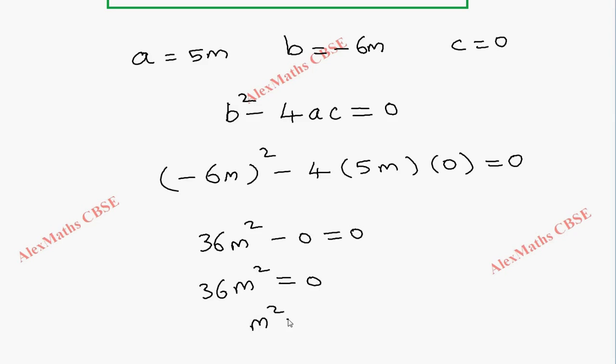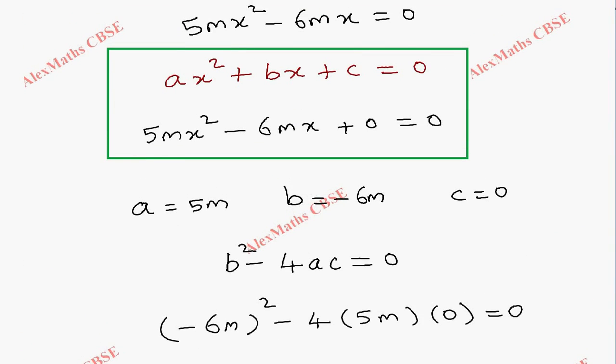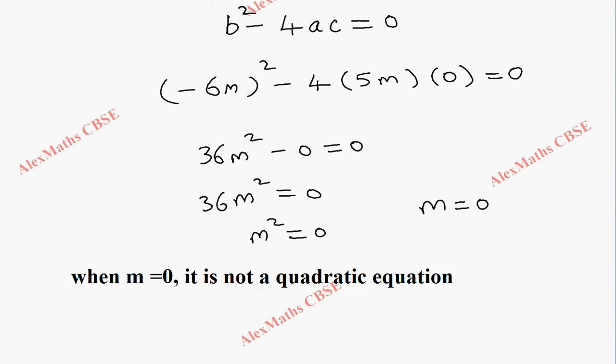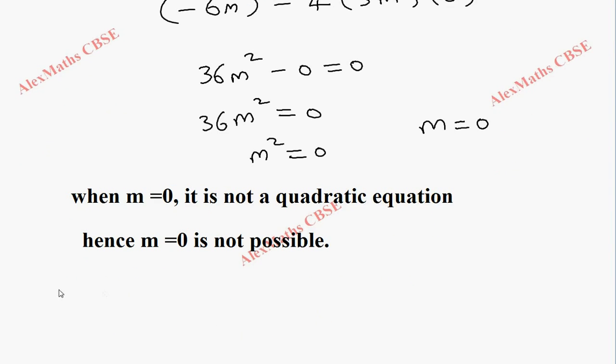It means m square is equal to 0 and value of m equal to 0. Actually, when m is 0, then we don't have x square term, then it is no more quadratic, which is not possible. So when m is 0, it is not a quadratic equation. Therefore, m equal to 0 is not possible. Hence, our conclusion is no value of m